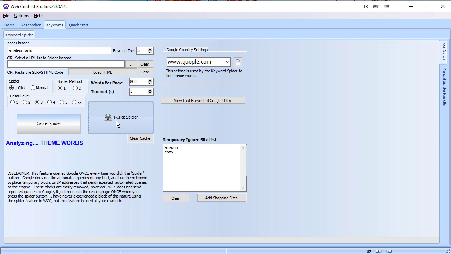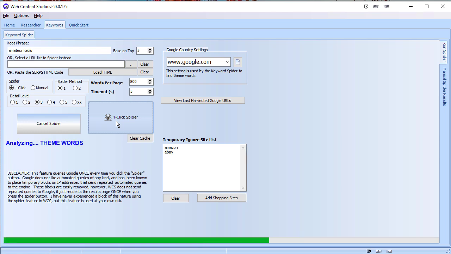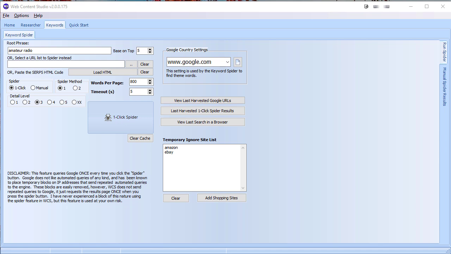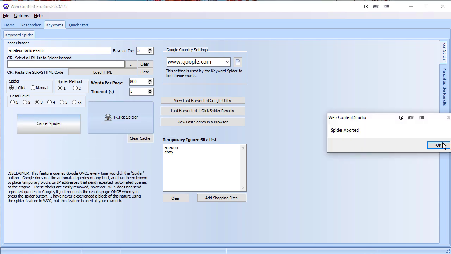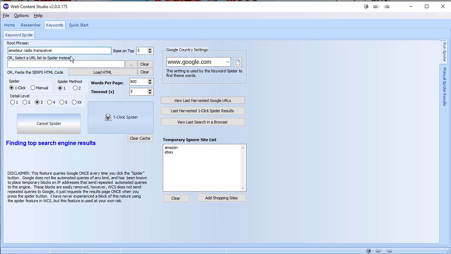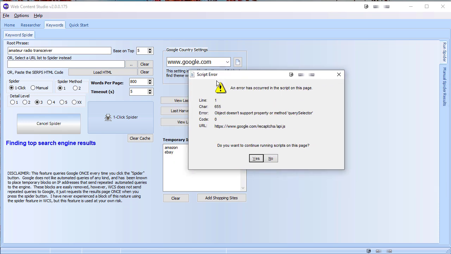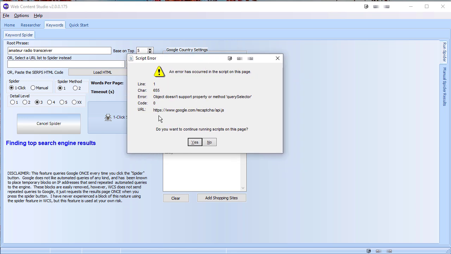When I say ban, it's not as bad as that. They put a temporary block on your IP address, and any attempt to use the software will then cause problems and you'll get an error message. I'll keep running the spider until I get one. It took about 5 runs of the spider, but eventually I've ended up getting this,